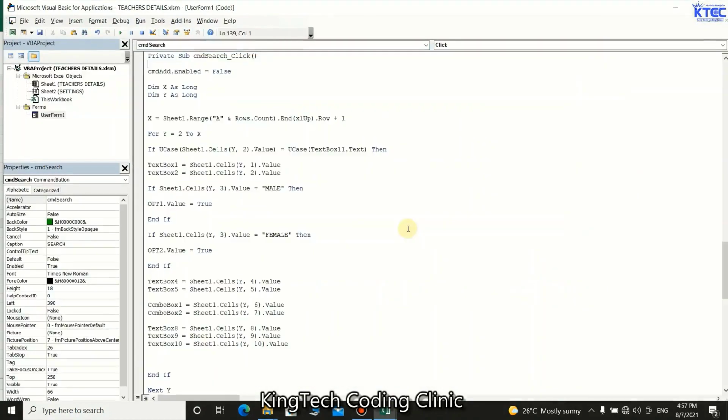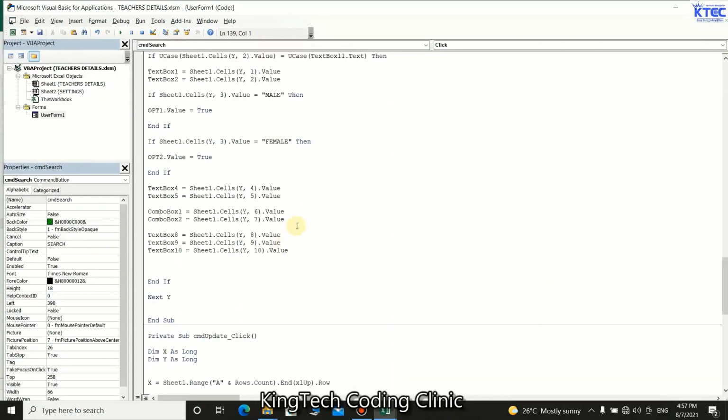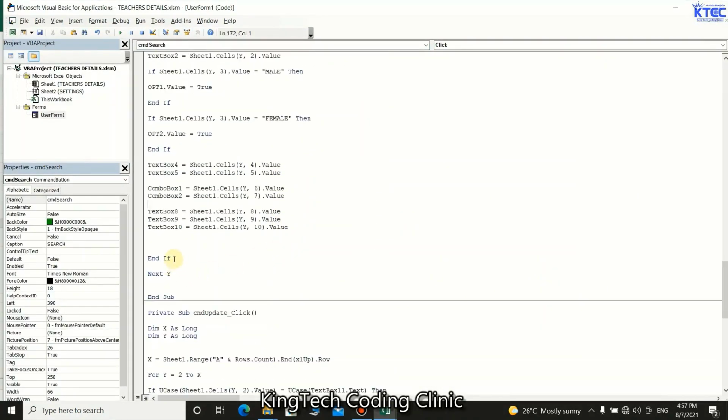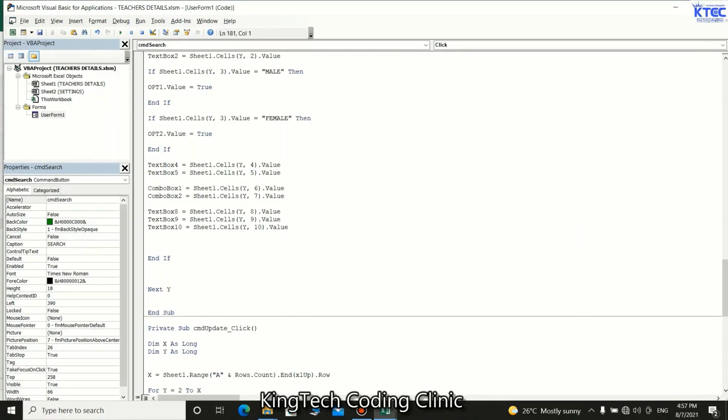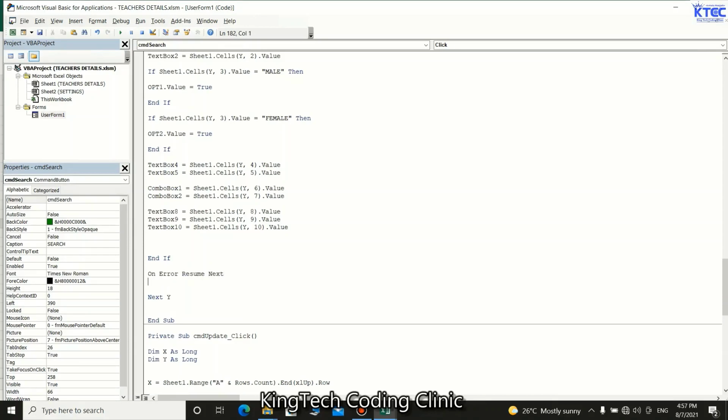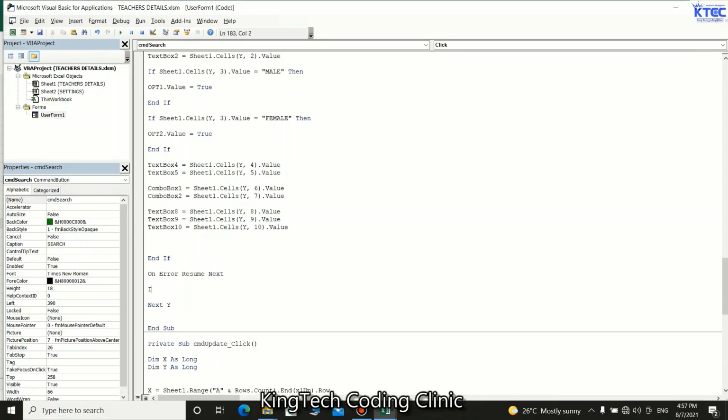So we double click on this. So this is the search syntax. So we can just come here at the end here and bring it out here. Good. So here you can equally say on error resume next. Okay. So we call on the image one